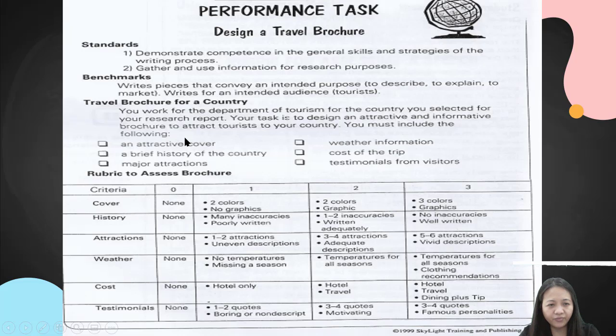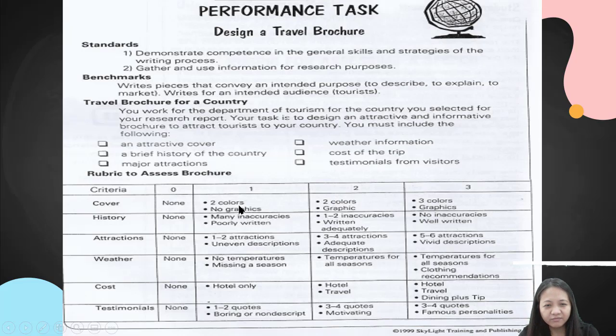Like an attractive cover, we have it here, attraction. A brief history of the country, you have the history. You can also add the cover here. And then weather information, you also have weather here, and the cost, you also have cost here, and testimonials from visitors, with the level. 0 means none, 1, you can see the